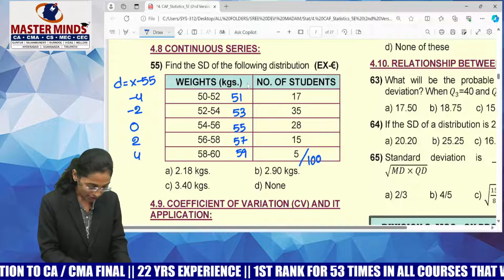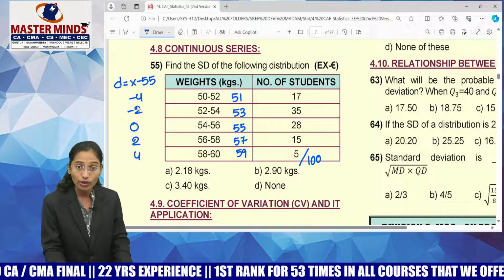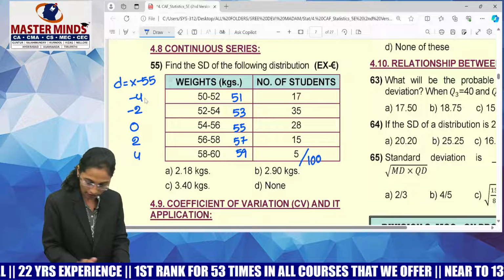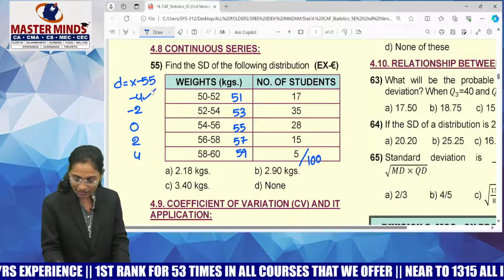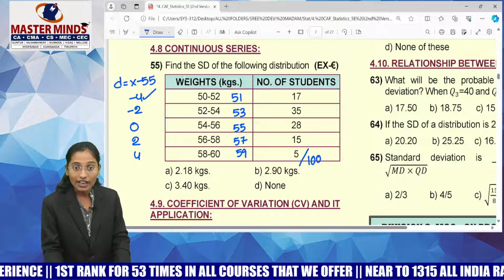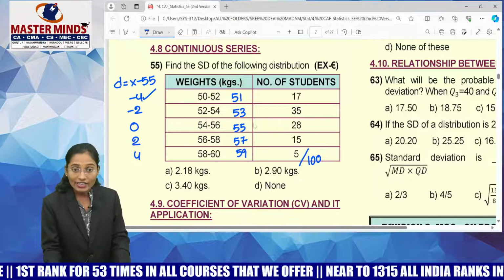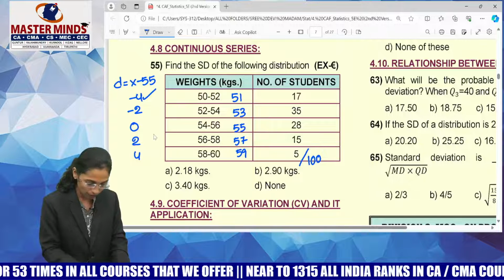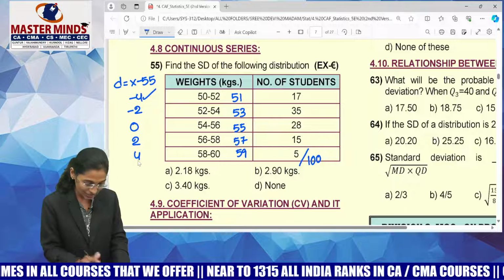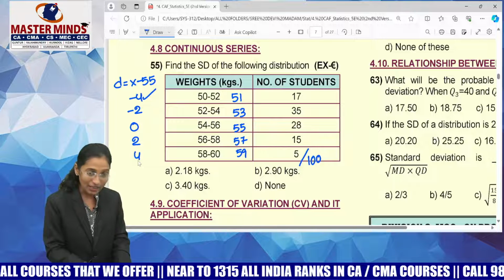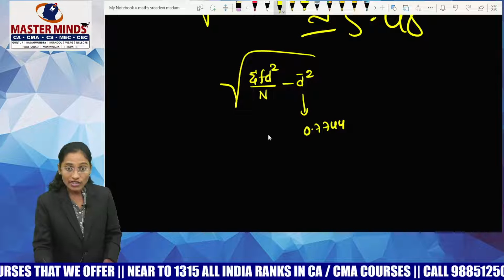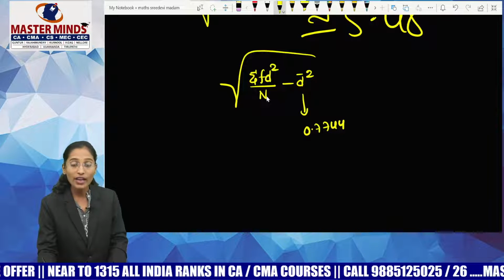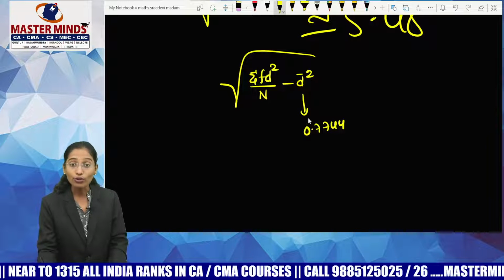Let's get started. D square means 16, so 16 into 17 plus, next 4 into 35 plus. The square is needed, guys. Summation FD square is needed, that is F into D square. Next, 28 into 0 is 0. 15 into D square, which is 4, so 15 into 4 plus. Next, 5 into 4 square, which is 16, so 5 into 16. The total is 552. So, 552 divided by N, which is 100. So 552 by 100 is 5.52, minus